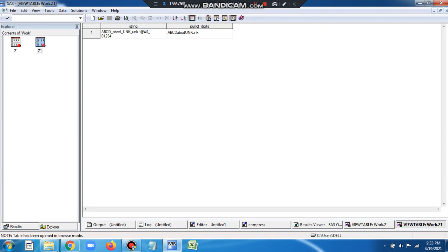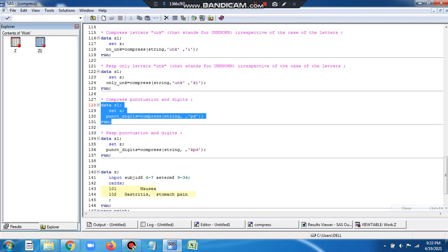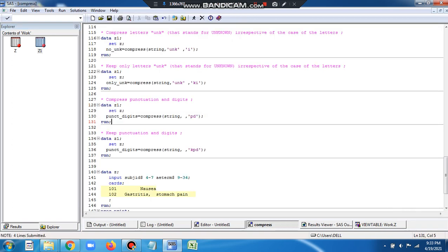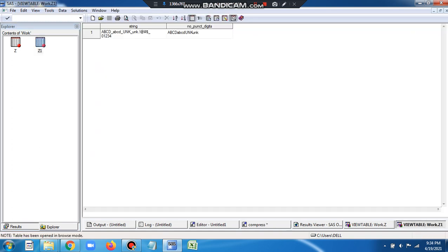All those are eliminated. And what we are left with is just the alphabets. The punctuation marks and digits have been eliminated, and all we have is the alphabets, irrespective of the case, and the alphabets are retained. Actually, I should give the variable name no punctuation here because I'm removing them. So I will just rerun it. It should be no punctuation. That's just a change to the name of the variable.